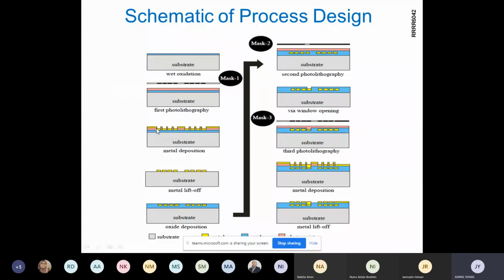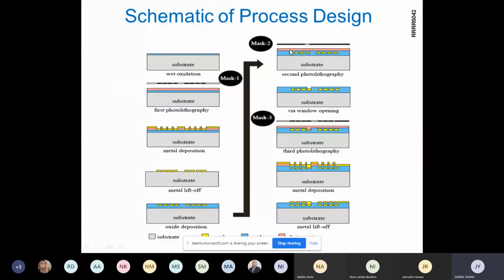So we create the pattern, and then we deposit metal here. The yellow is the metal, so we deposit metal by using sputtering or evaporation, and then we remove the lithography layer, the photoresist. So we have this structure, the first metal layer, and then we coat with oxide, and then